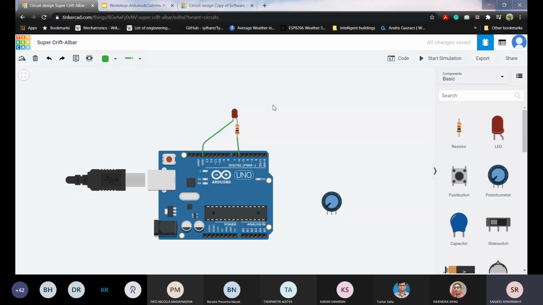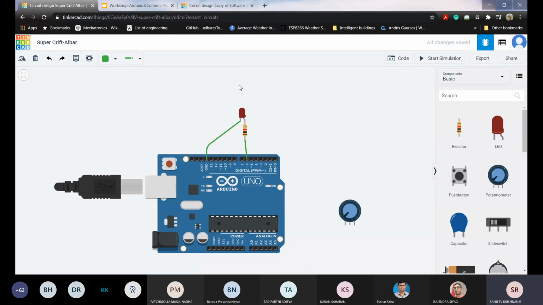So first, before making the circuit, let's understand the concept behind it. I have to connect my potentiometer's output to an analog pin so that I can read the analog output coming from the potentiometer. The potentiometer is going to give analog output. It can give any values, right? It is a resistor. It reduces the voltage because of its resistance, and it can give any resistance because it's a variable resistance. So I'll read it through the analog pin, and as per the value coming in, I'll change the PWM output going to the LED. Fine. So this is the concept behind it.